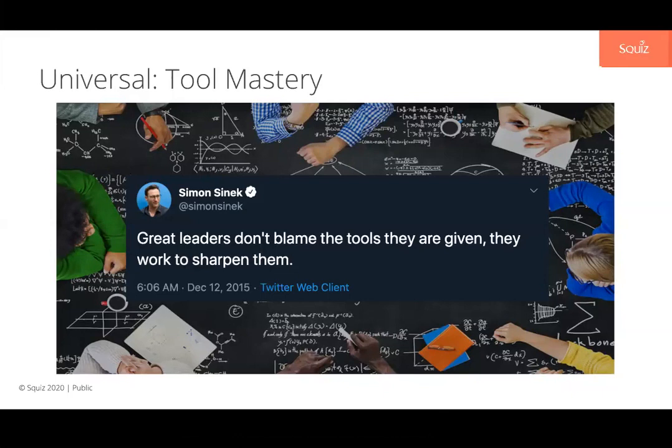And likewise, if you're going to move from one tool with less capabilities to a tool with more capabilities, and you're not a master of the first tool, then you really don't stand much of a chance of getting mastery over the tool that you're moving to. So mastery of the tools is actually a much bigger problem than the tool's functionality themselves. And I think a really good way to highlight this is to look at really big organizations that we're probably all familiar with who use tools that are often seen as mid-market tools or bottom end of the market tools.